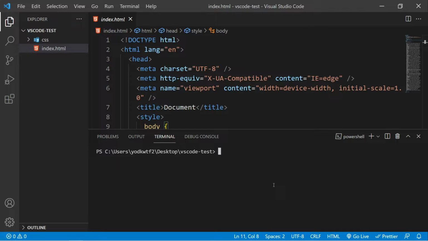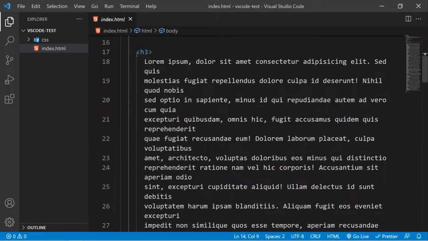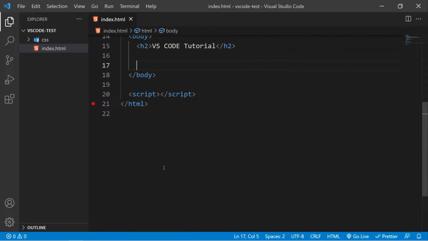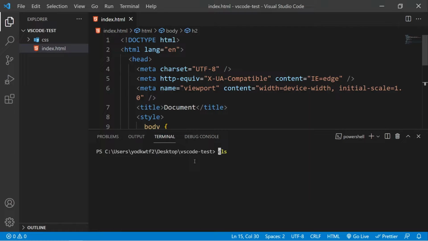Now let's see how we can work with Git and GitHub. For starters, you can initialize a repository using git init. But before we do that, let me just remove this long h3 from here. So I will delete it. I will save the file and open my integrated terminal once again. Clear everything, and I can initialize a repository using the git init command. And if you are not familiar with Git and GitHub, I have a whole video that I'm going to leave in the description and on the links above.